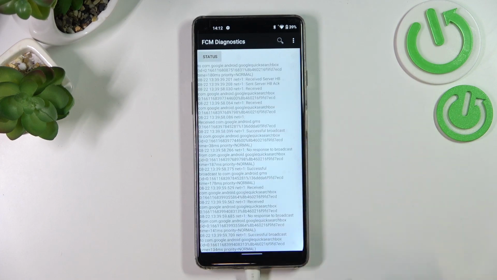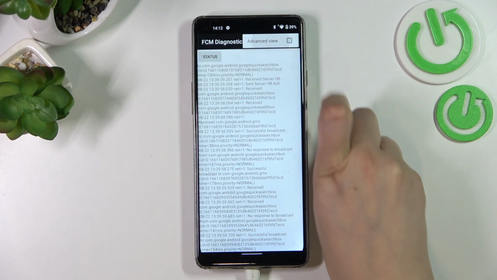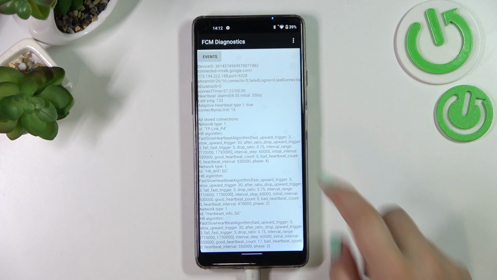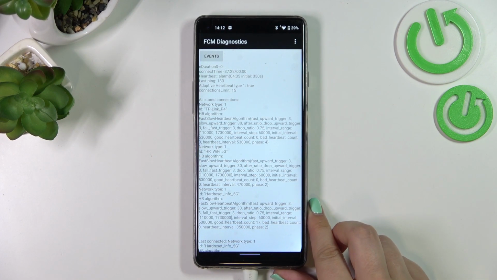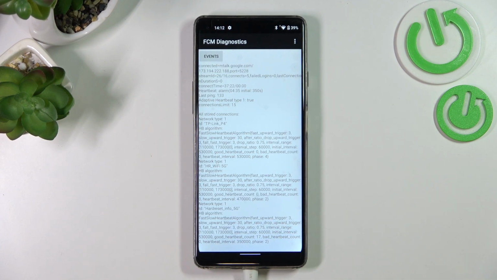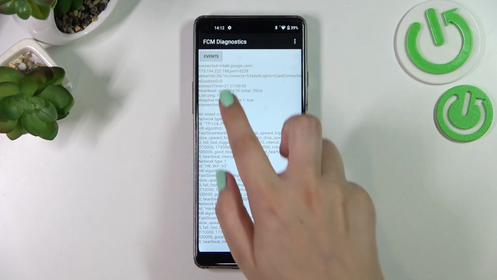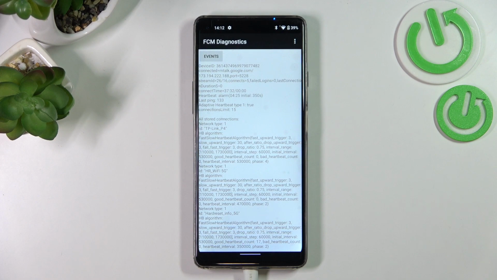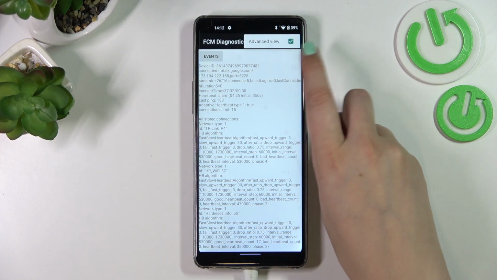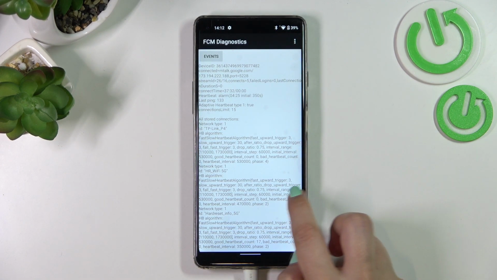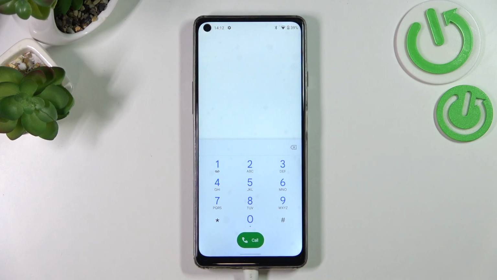We can also show advanced view. Just tap on the 3 dots icon, tap on advanced view and tap on the status again. And as you can see here, we've got much more info. So for example, we can check the heartbeat, last ping or HB algorithm. If for some reason you cannot see anything here, no worries, just use this advanced view and this section will be kind of reset. So that's all for this code,